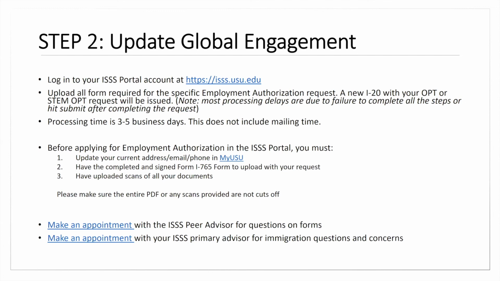When you're uploading these documents, please make sure that you are uploading documents that we can see and read. Often those scanners, like a CamScanner, cut off the bottom of the document. We're not going to be able to tell if you're using the correct edition. And as always, if you have questions, make an appointment. But it is much easier for us to review your form after you've submitted the request and then give you edits than it is for us to talk about a hypothetical form.